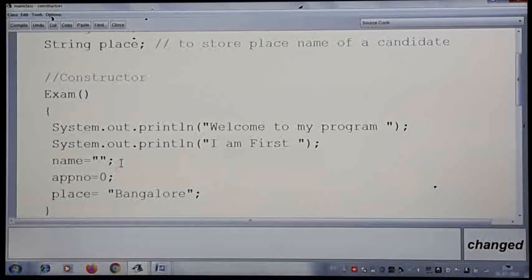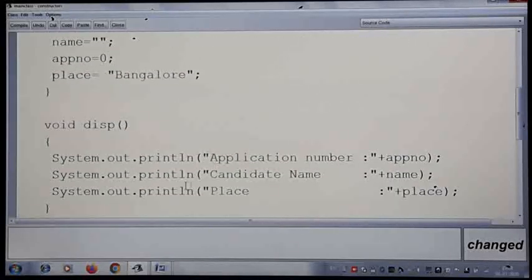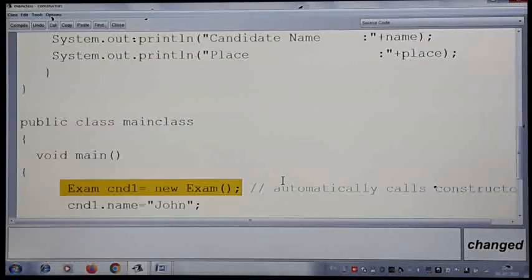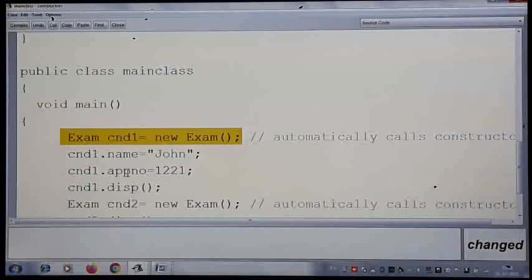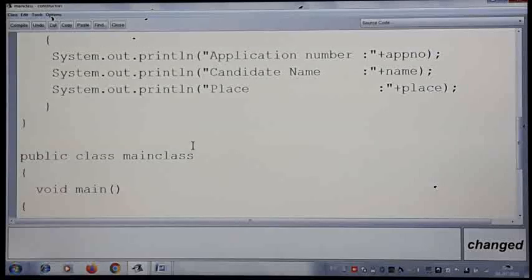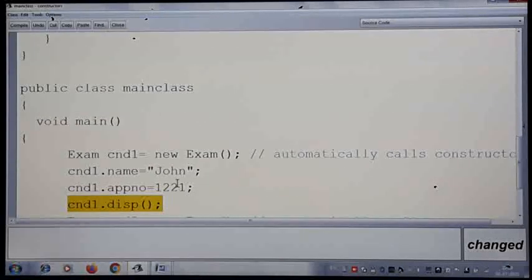Once you set them, you can't see the effect on the object's values. Only when you call the display method can you see the values of that object. So I have set the name and application number of the first object with some details, then I am calling the display method. When I call it, this is the output we get with the values I have set here.